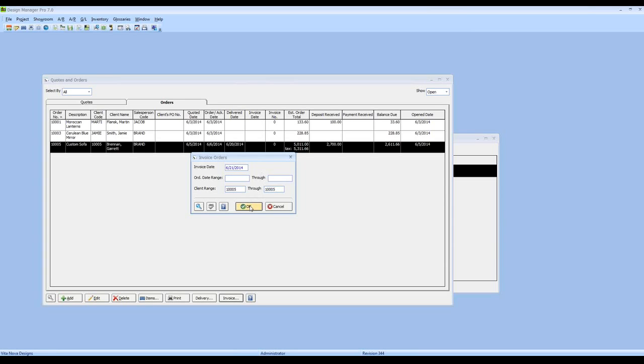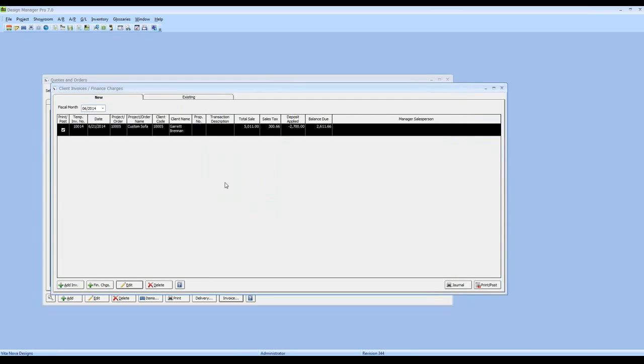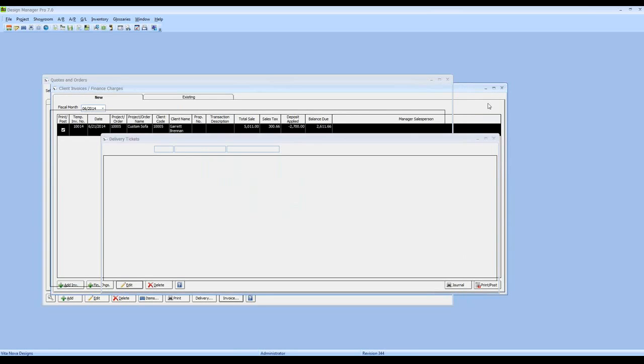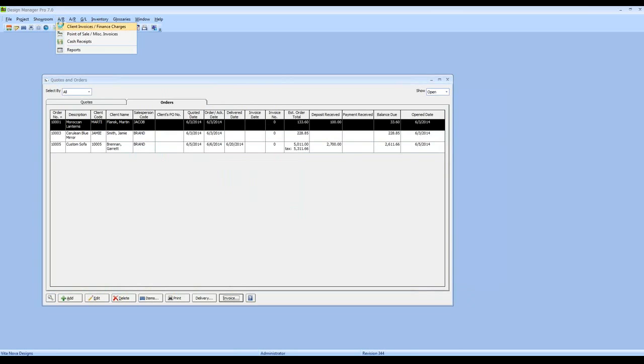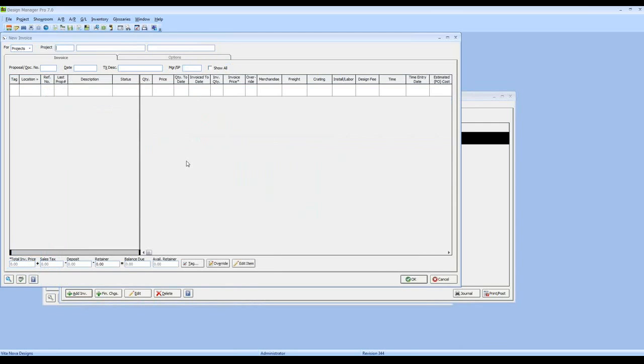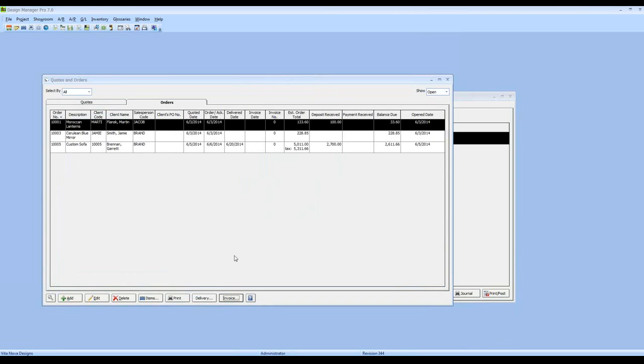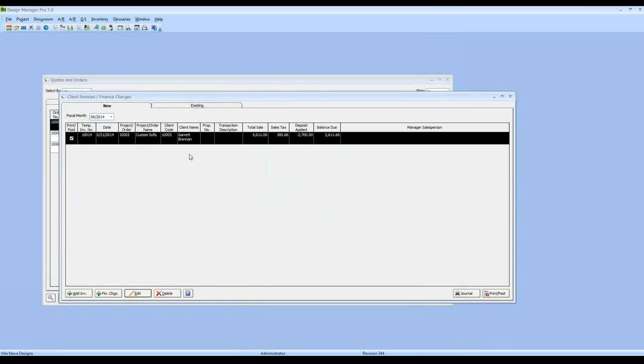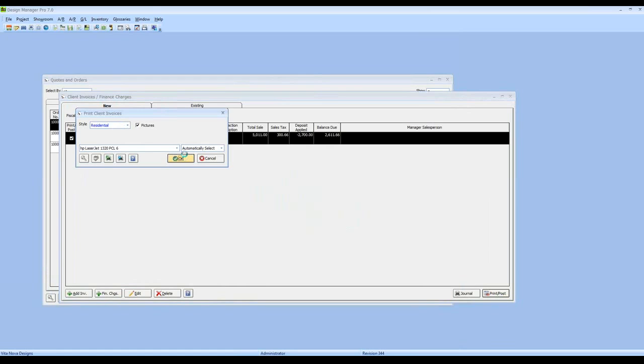If we click OK here, I'm going to create the invoice for the order automatically on my client invoices window, rather than having to go to my accounts receivable, client invoices, add, and input all that information. By using the integrated functionality in the showroom, I bypass all that and have the invoice created waiting for me to print and accept. And here it is. I have my invoice number, the date of the invoice, there's our order number and our description, Mr. Brennan, the total amount, sales tax, the application of that $2,700 deposit, and the balance due on the invoice for future payment. If we print to our residential format,